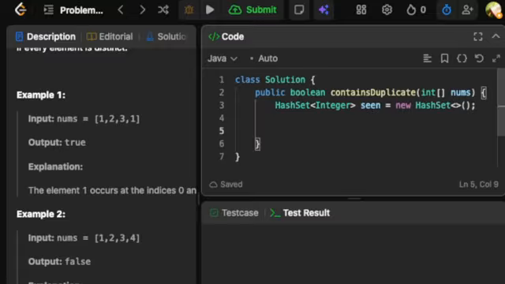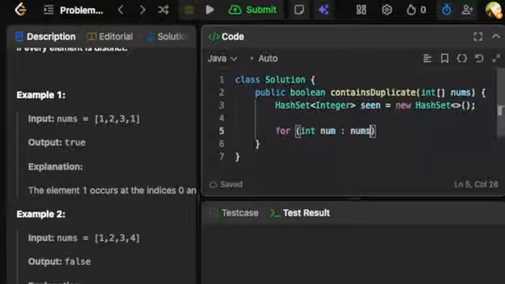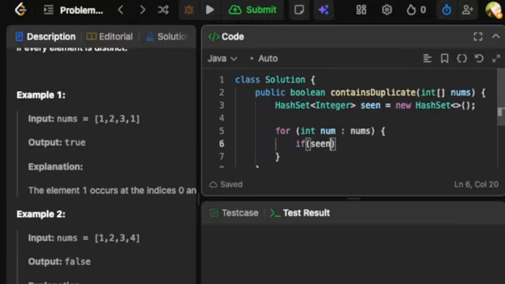And because we're not using the index, we don't really care what index we've seen. We can use an advanced for loop on this. So int num in nums, the first thing we want to check is, does this number already exist in our hash set? So we'll check if seen contains num,